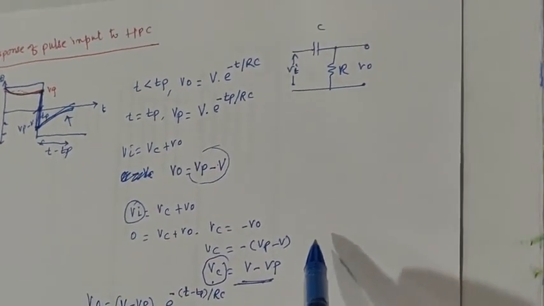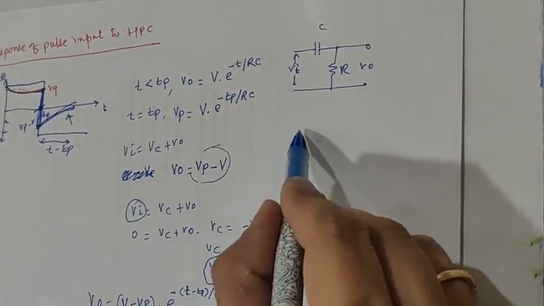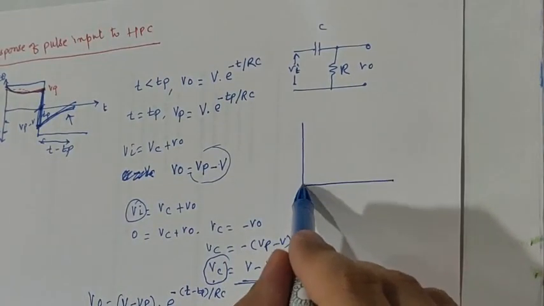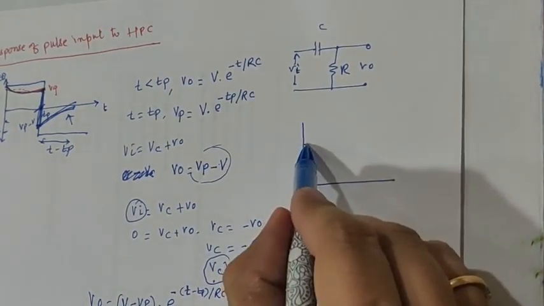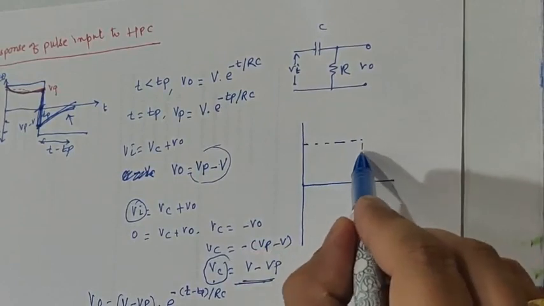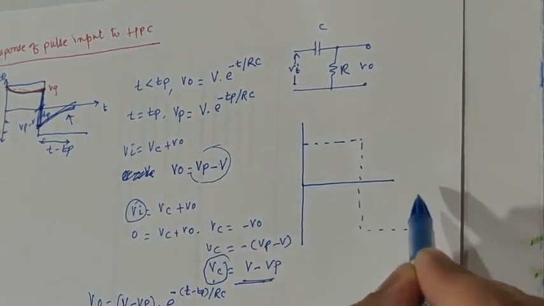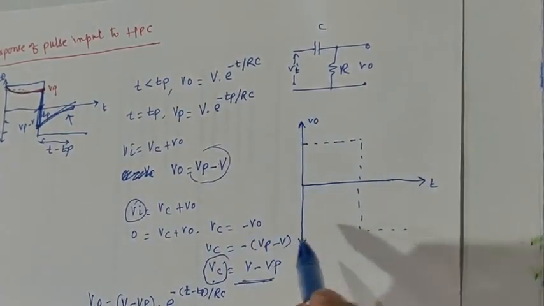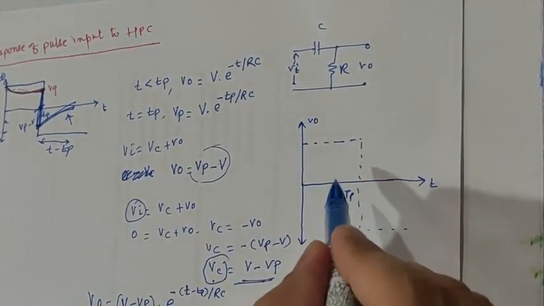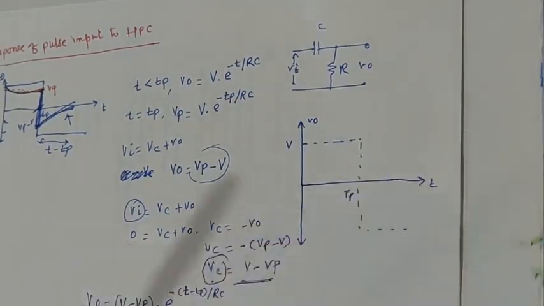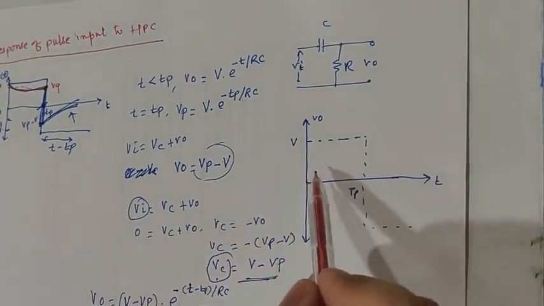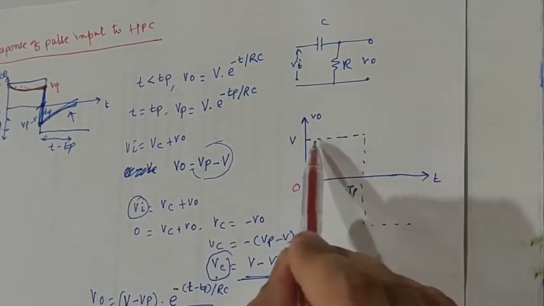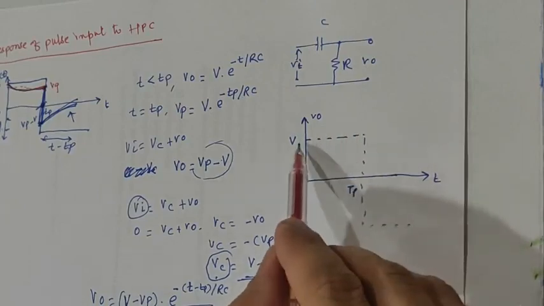See what has happened. Again, logically try to understand. I will draw your input waveform by dotted lines, and let us try to find what the output waveform will be. So V0. What is this time period? This time period is Tp, and what is this voltage? V. Similar to the step input, the first thing that happens is from 0 to Tp, because the input is similar to the step function, and which is how much?